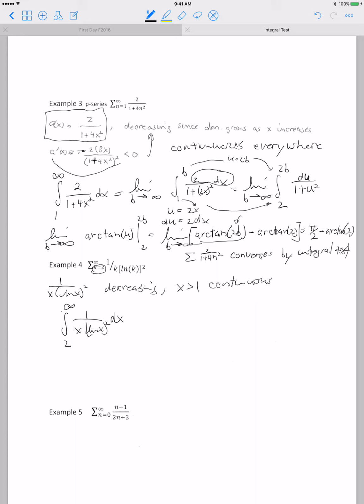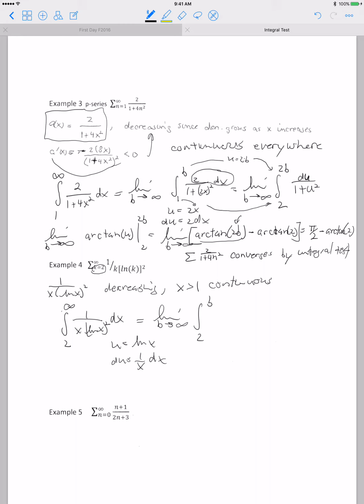Okay, so this is a u substitution. You should let u be natural log of x. Then du is 1 over x dx. And if we substitute this in, replacing the upper limit with b,